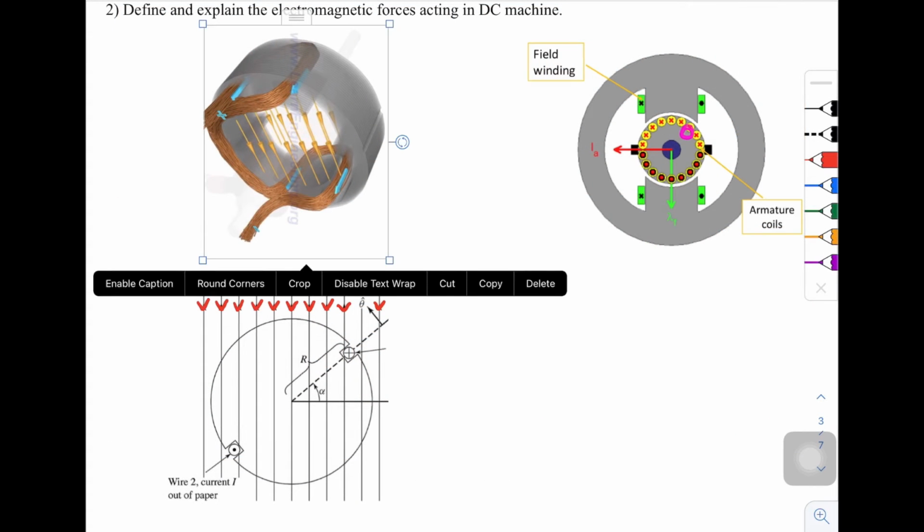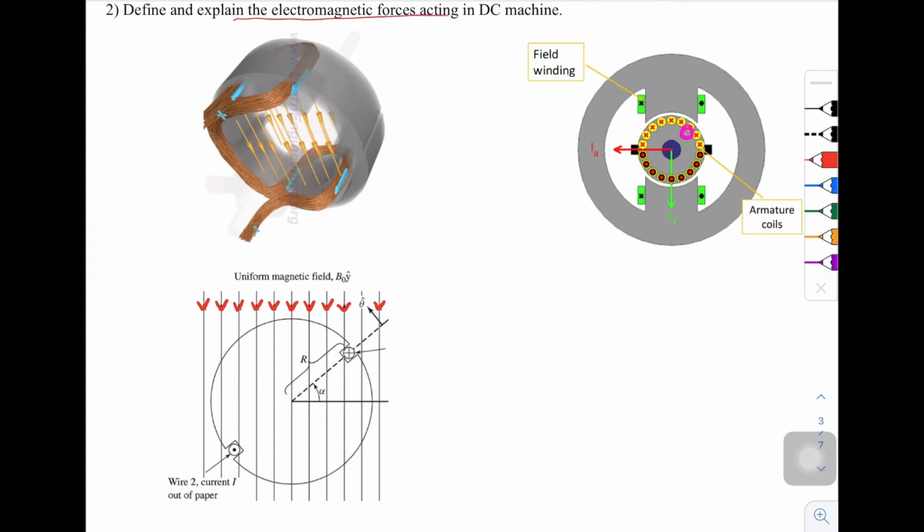In the second question, we are asked to define and explain the electromagnetic forces acting in a DC machine. I would like to show the field winding. Firstly, the green parts are these parts in this picture in 3D modeling, and these yellow arrows are representing the magnetic field in the DC machine thanks to the stator of the DC machine. This magnetic field is directed from the North Pole to the South Pole,